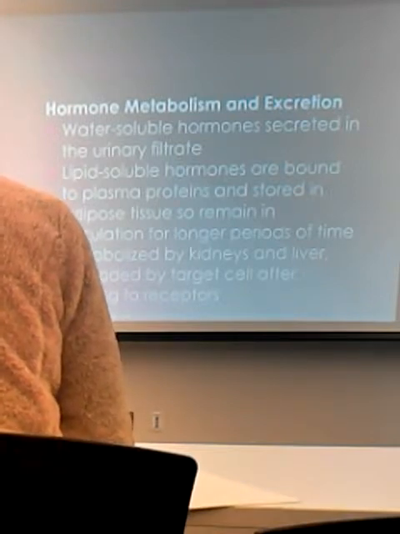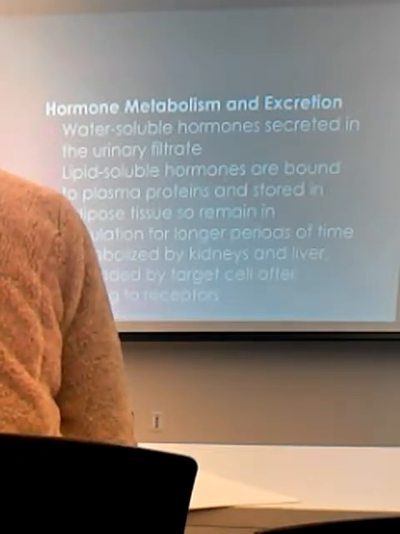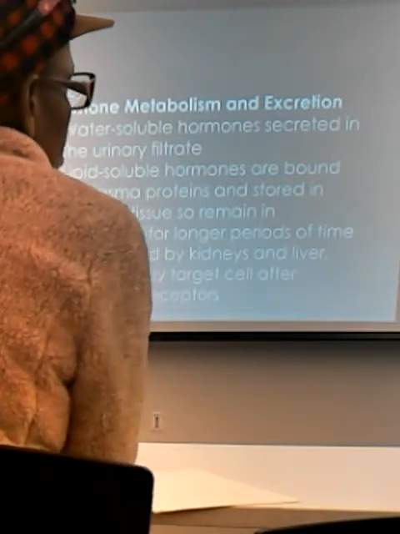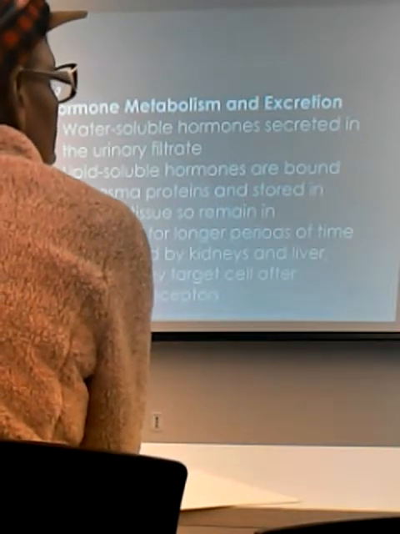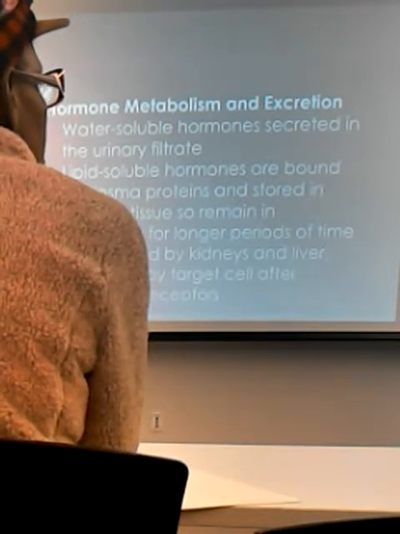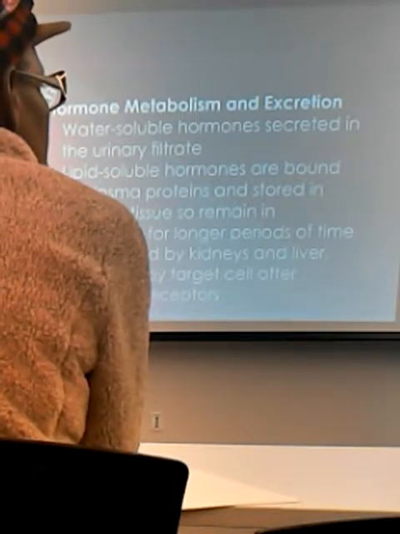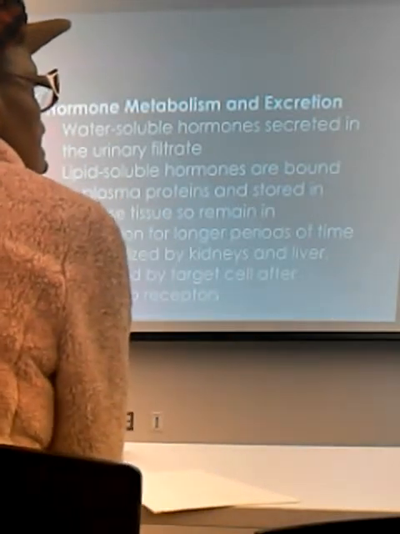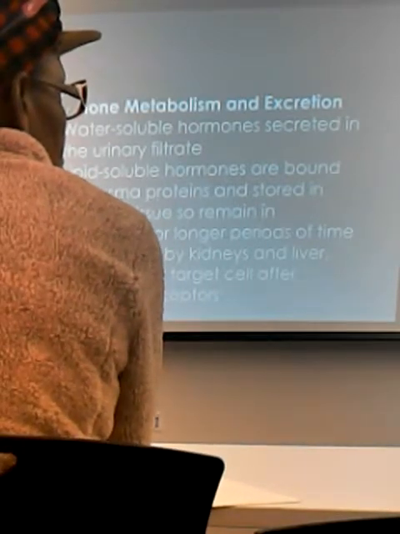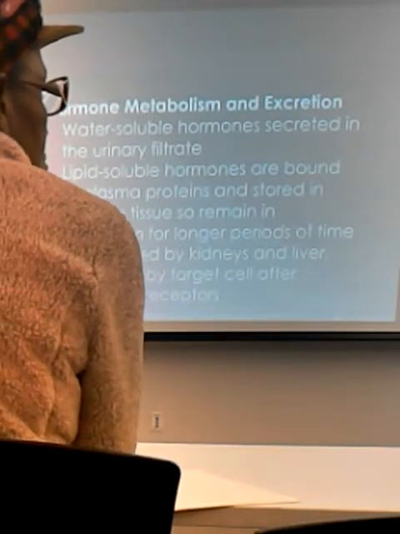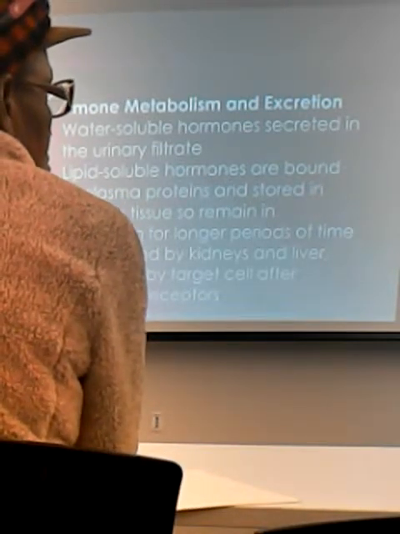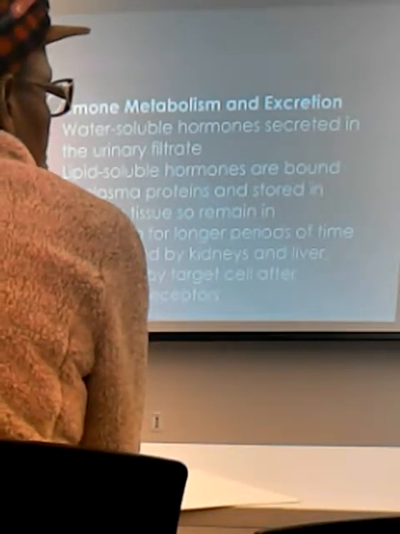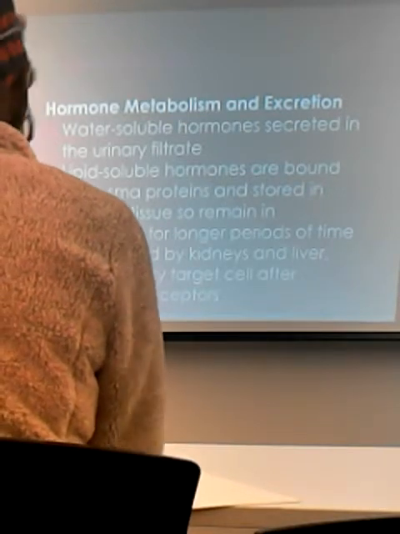So when somebody goes off the pill, there are a trillion reasons why people have a difficult time getting pregnant afterwards, but that's one of them. There may be lingering stores of progestin or whatever in the body. Does that make sense to you guys? What about the yo-yos that are putting roids in to get all buff? They're not putting physiological doses in, they're putting pharmacologic doses in, and they don't need to. So a bunch ends up getting stored, and you have potentially long-term consequences. Does that make sense? Okay.